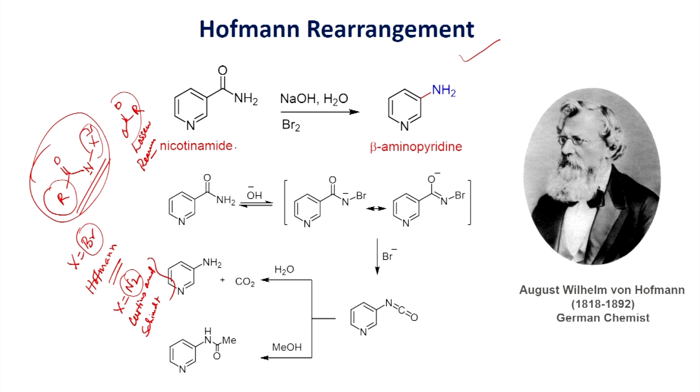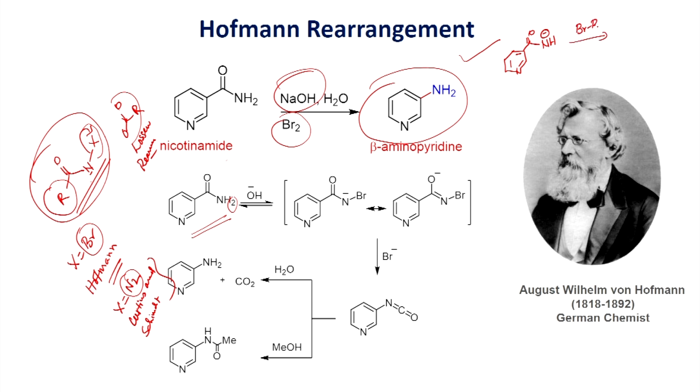Here an example is shown, the rearrangement of nicotinamide in the presence of aqueous sodium hydroxide and Br2 to give this beta-aminopyridine. The mechanism of this reaction is shown. In this reaction, the base hydroxide ion deprotonates, then you will have this intermediate. Once you have this one, it can react with bromine,